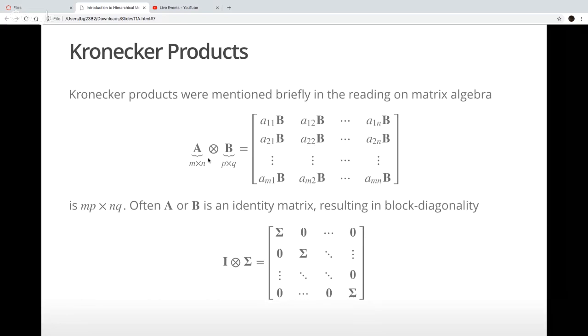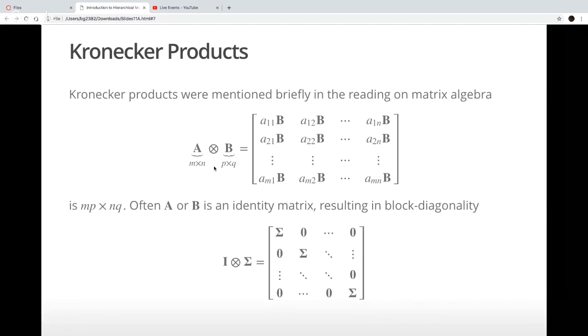And it's defined as a matrix. So if A has m rows and n columns, and B has p rows and q columns, the resulting matrix is going to have mp rows and nq columns. So you take the rows of the two matrices and multiply them together. That's the rows of the resulting matrix, and then do the same thing for the columns. So this Kronecker product is going to create a bigger matrix than either of the two constituent matrices